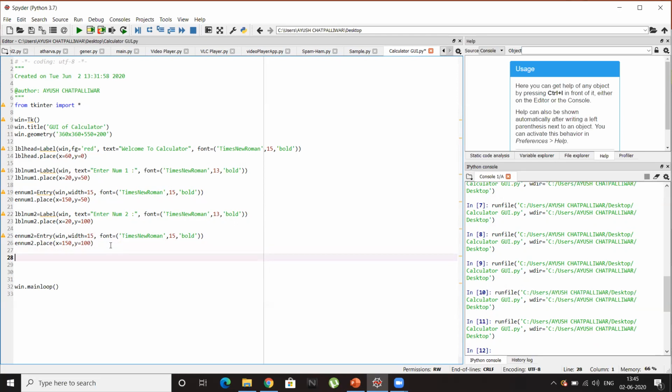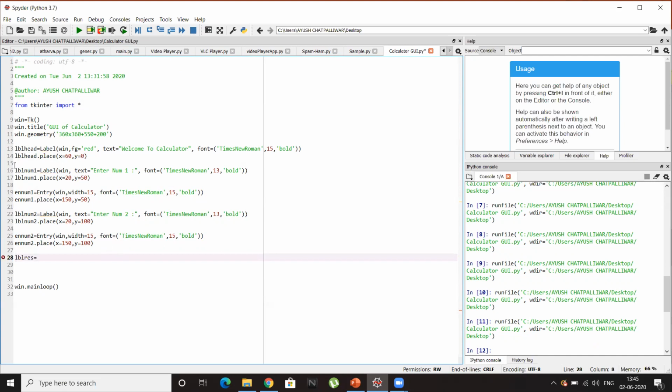So now what we'll do is we'll make another label for the result, so that we can show the result. Let's make this label at the very bottom of our code. So lbl, since it is a label, and since it is a result, res.